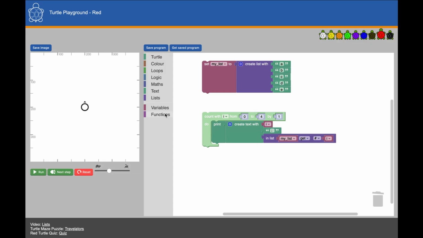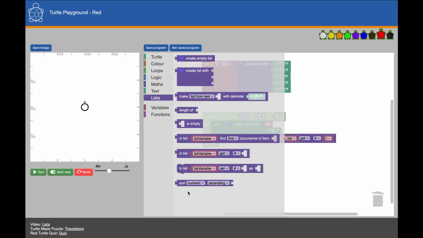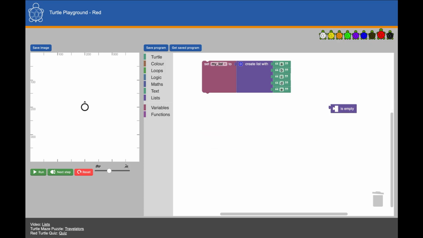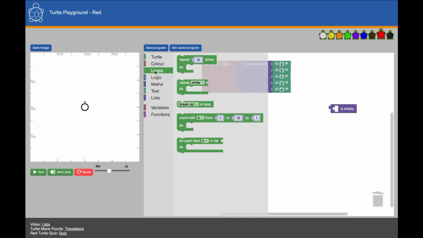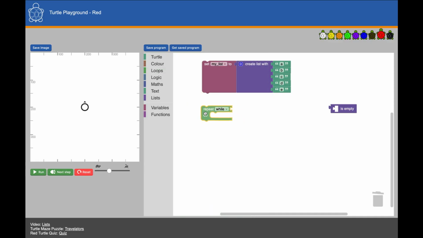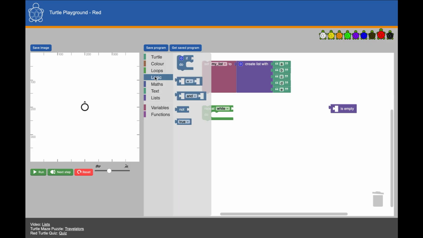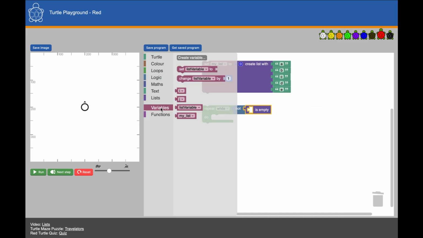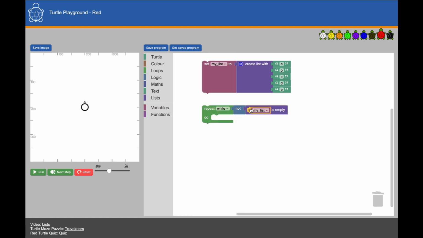In lists basics, we covered all of the blocks in the lists folder, but there was one we missed, and that's is empty. So let's see how this might work. Now, this works well with a while loop. And what we can do is set up a little program where we go while, where's the logic folder, while our list is not empty,